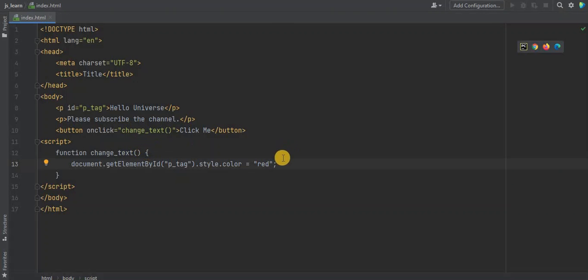So this means here I will write an if else condition. In JavaScript, we can write if else condition like this. If document, if this variable is blue color, oh sorry, black color, then only we are going to change it.